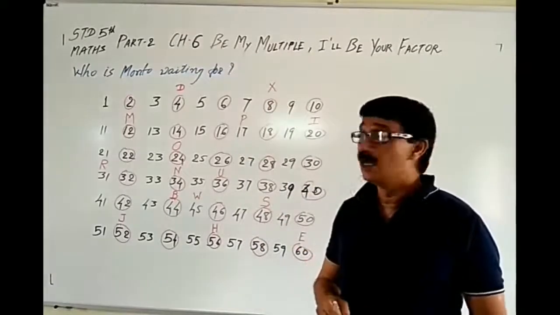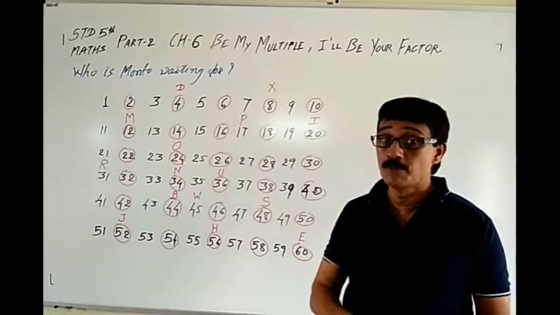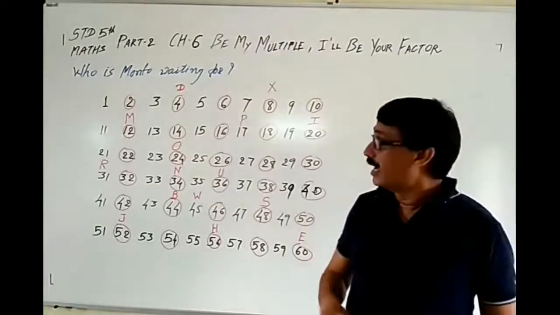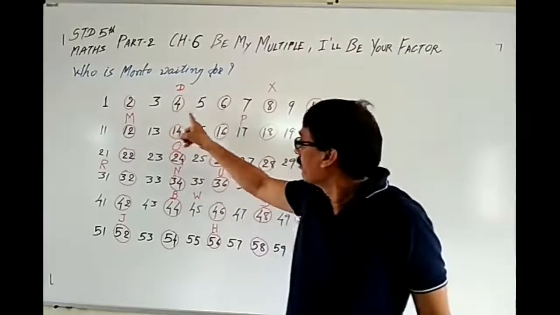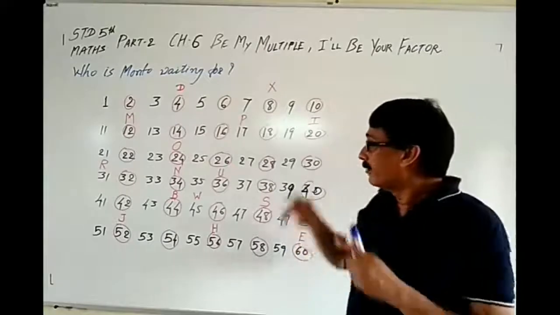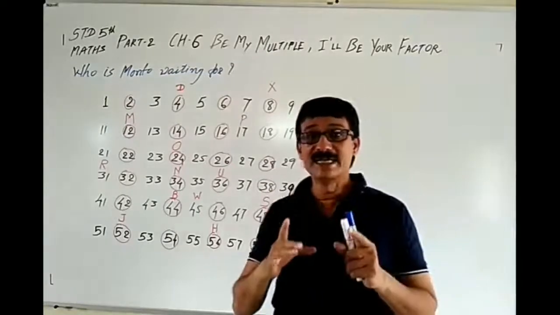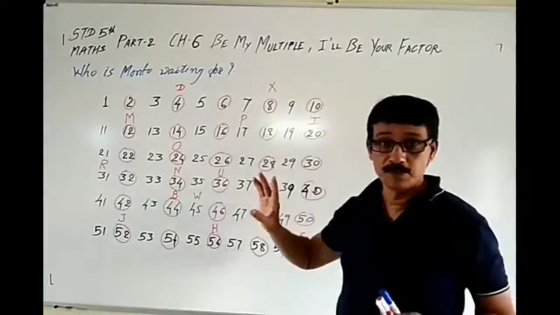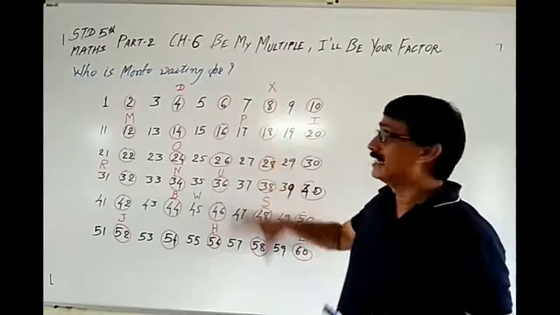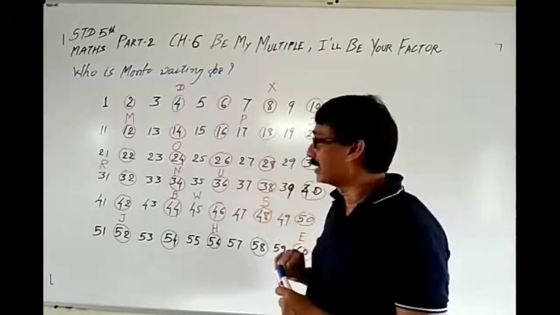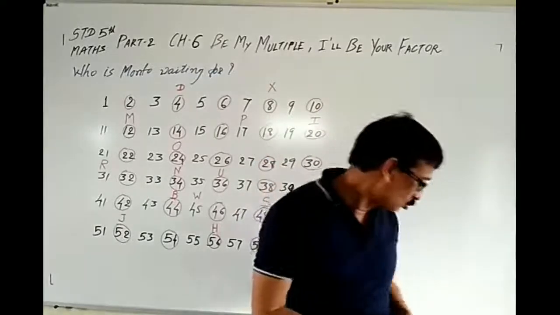We can say all these are multiples of 2, isn't it? And 30. Have you observed all these numbers are even numbers? So with that we can say that we can divide all the numbers which are even numbers by 2. Even numbers can be divided by 2. Okay, these are the ways so that you can understand. Now the next question is what?